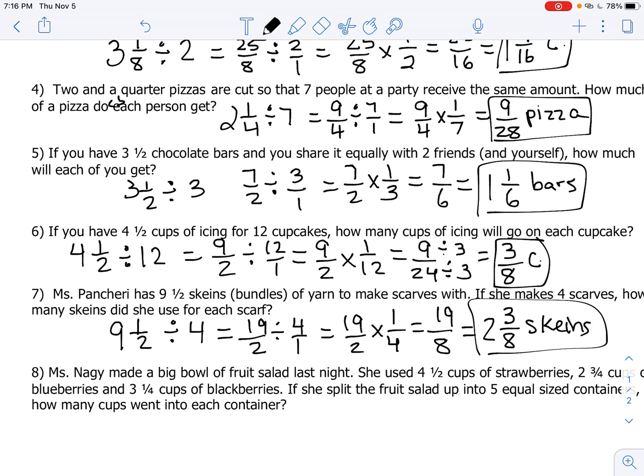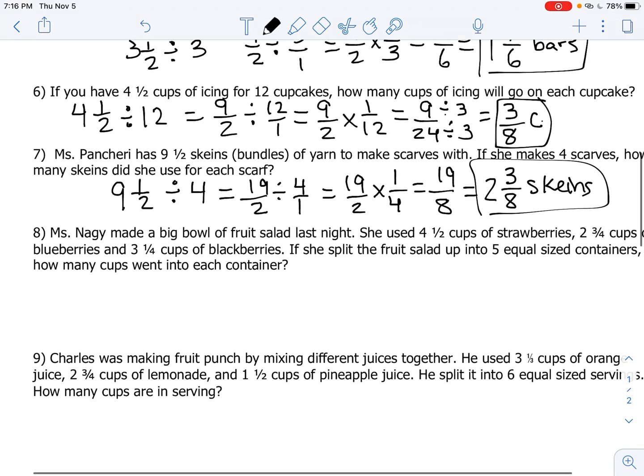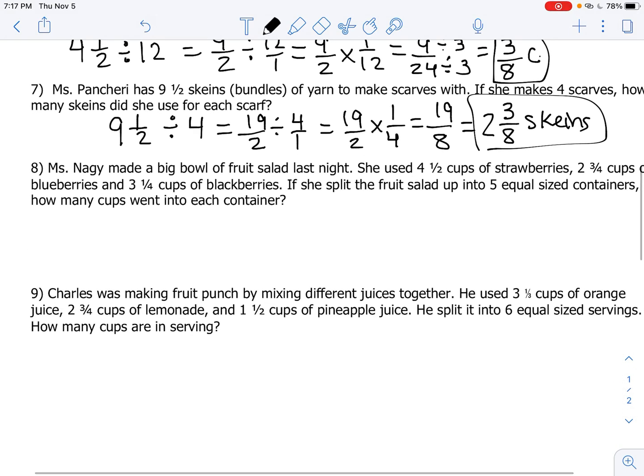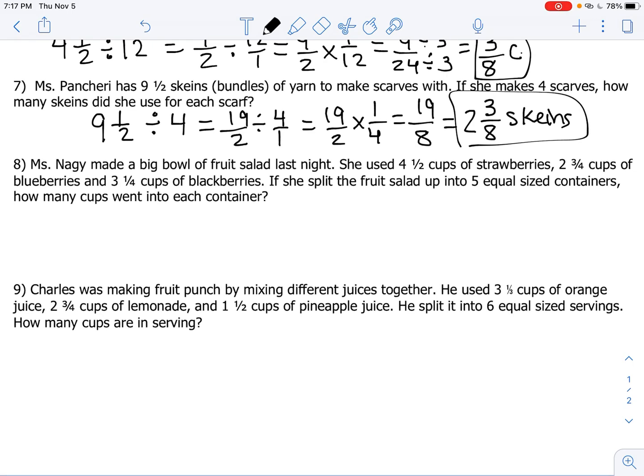Miss Nagy made a big bowl of fruit salad last night. She used 4½ cups of strawberries, 2 3/4 cups of blueberries, and 3 1/4 cups of blackberries. If she split the fruit salad up into 5 equal-sized containers, how many cups went into each container? So first up, we need to add all of our ingredients together. So I'm going to add the 4½, the 2 3/4